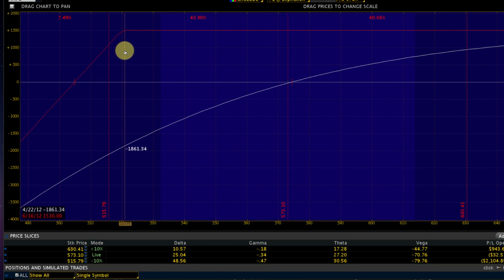So 520 minus 15 is his break even. So really, Apple has to fall below 505 for this put option to make a loss on the day of expiry. Obviously, if you look at the white line, then he's making losses temporarily. But if you hold on, and if you think Apple's not going to hit these levels, then you can hold on to these options. So your account may show a paper loss at this time, but as you approach expiry,